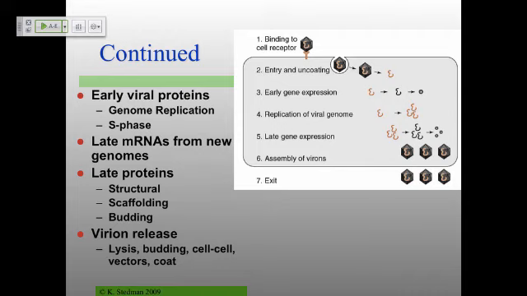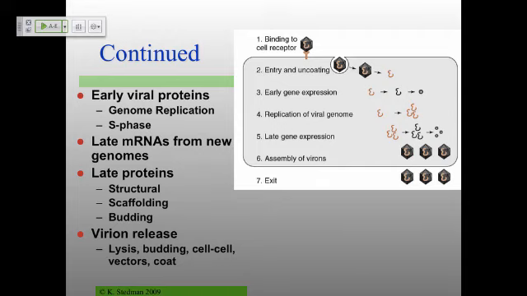Then you have late messenger RNAs. These late messenger RNAs, late proteins, are almost always made after you've undergone genome replication. So the early genes are going to be those that are made from that genome which gets released in the first place. And then the late genes are going to come up later on. If you remember way back to that one-step growth curve, the first one that I showed, you saw viral mRNA taking a little blip and then being stable and then going way up a little bit later on. It was that early blip which was the early virus genes. And then the late messenger RNAs were the continuation thereof. And we'll look at those in much more detail.